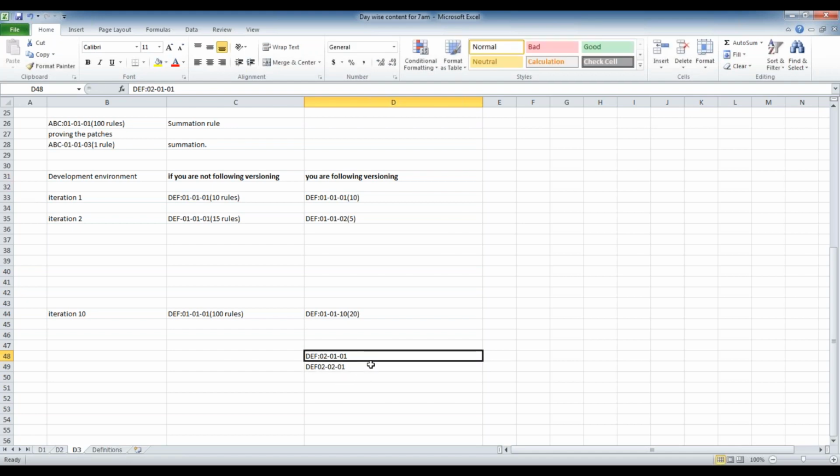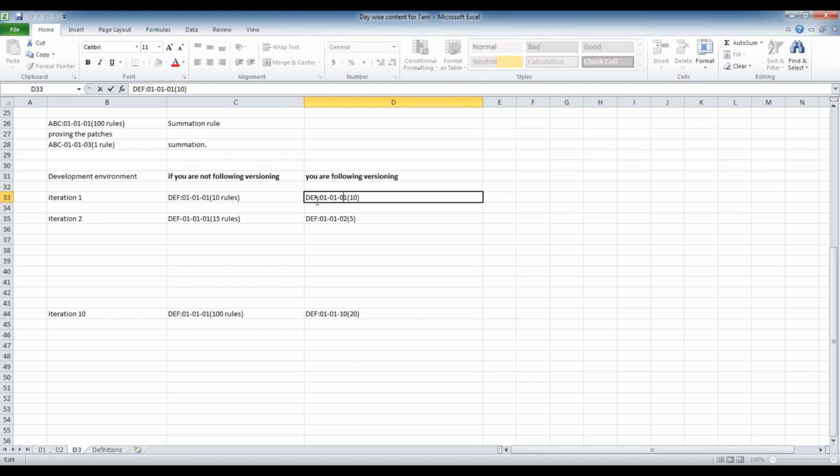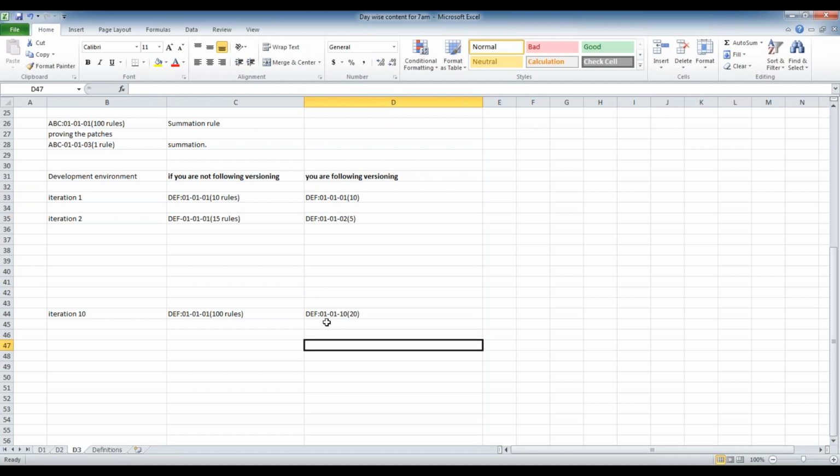But if you're providing minor features in the application, in the product, you can increase the minor version. And if you have a major impact or major changes in the application, in the product, you can increase the major version. That is how we need to increase the major and minor version. But directly we cannot increase the major and minor version. I will show you the patch version as well. The patch version you can directly create in the system. But if you want to increase the major and minor version, you have to go for skimming.